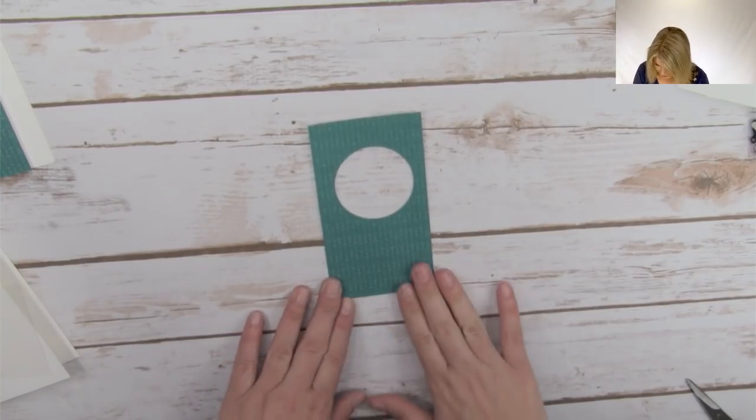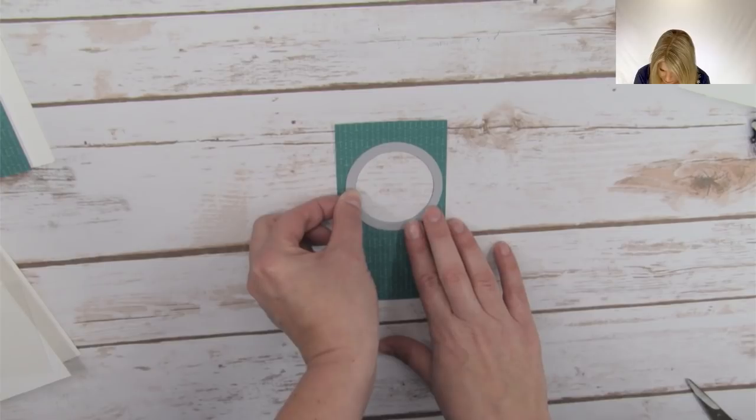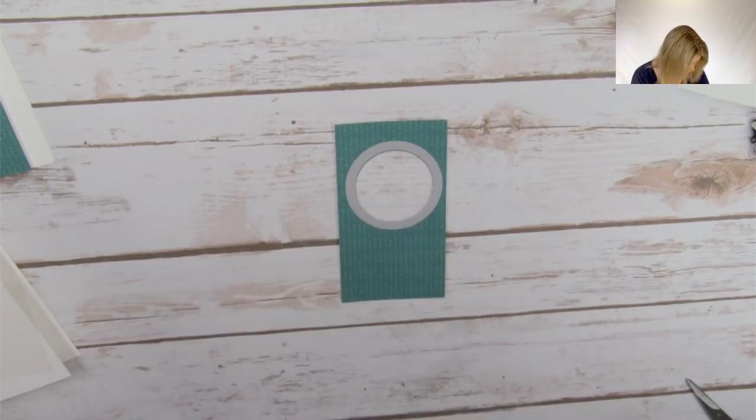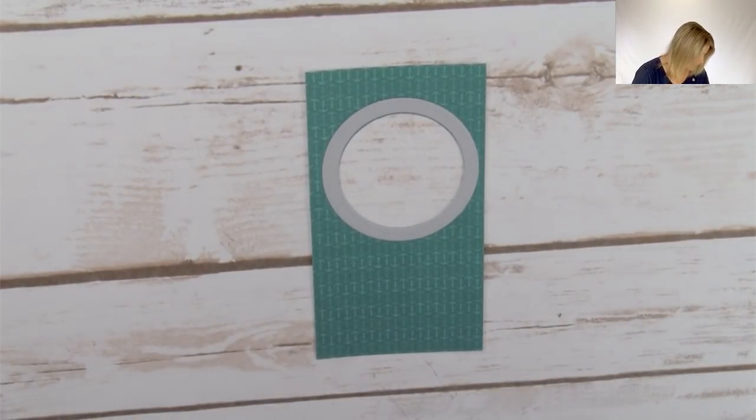Okay, so this is the little designer paper. We are going to attach this porthole to the top of that. And I'm going to move you in a little bit just so you can see what's happening. I won't move you in too far because I want you to be able to see what's happening. But it appears that I've lost my little